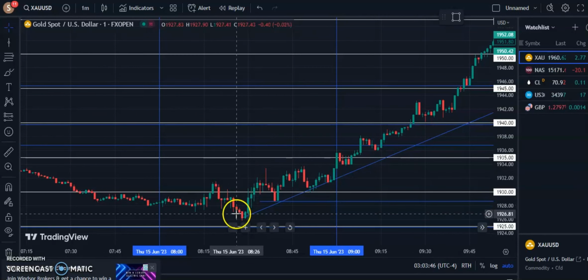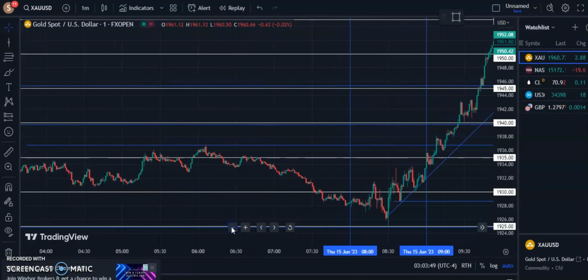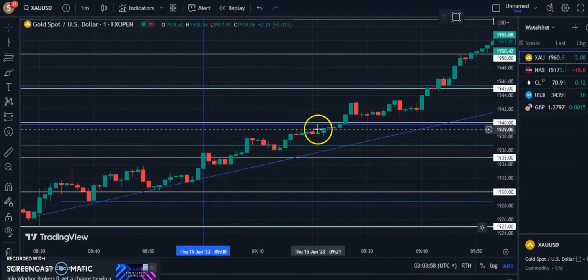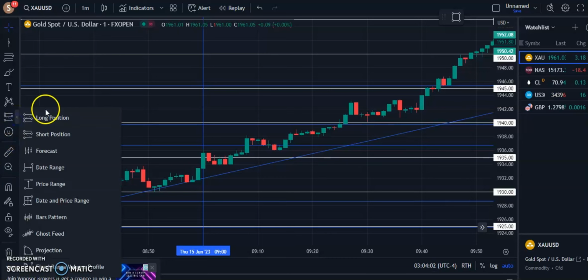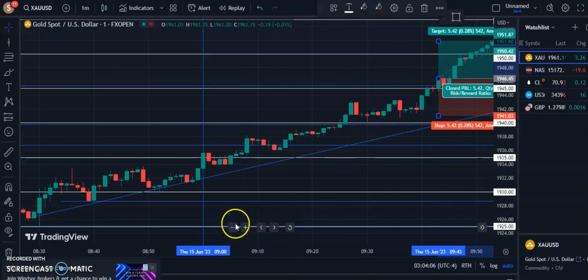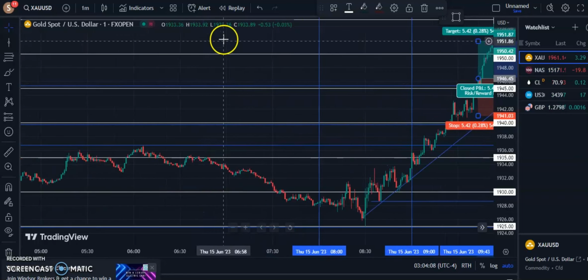So this is the high of the London session. As you can see, high of the London session, breakout, pullback, and then continued higher. This was my entry up here at the high of the day. So they broke above the high of the day, and yeah,